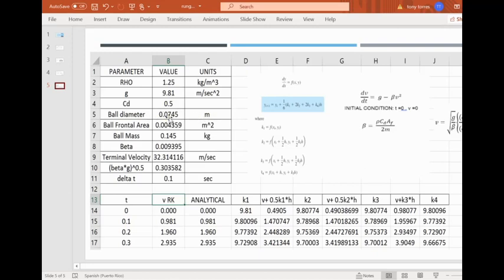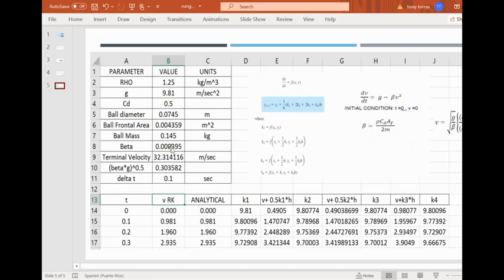What else? Ball frontal area. You take this diameter, square it, multiply by pi, divide by 4. You get the ball frontal area, the one that will be resisting the air. The ball mass is about 145 grams, or 0.145 kilograms. What else we got? Now, when you put all those parameters as shown here, that will give you the beta